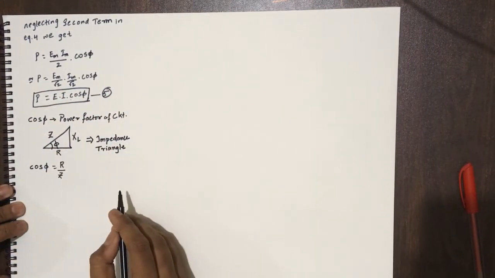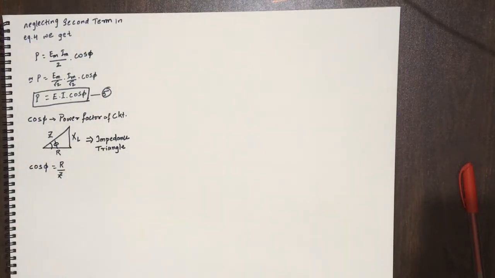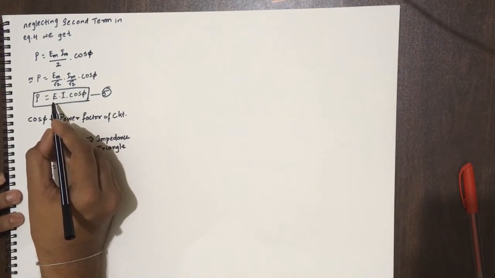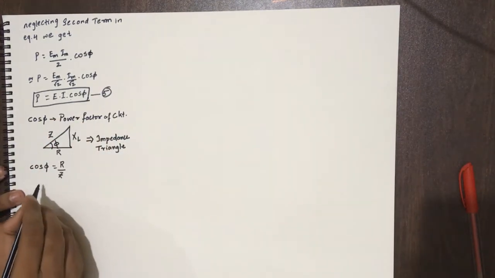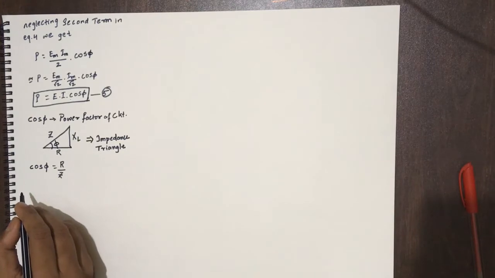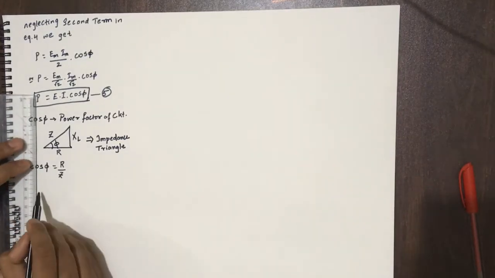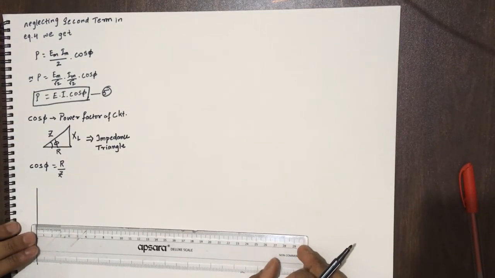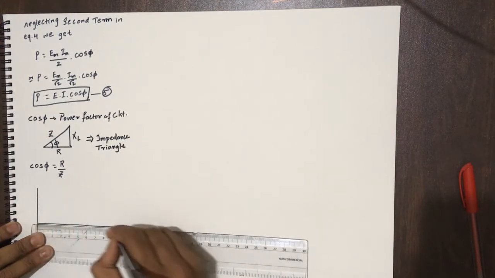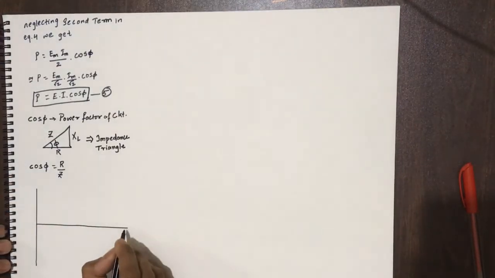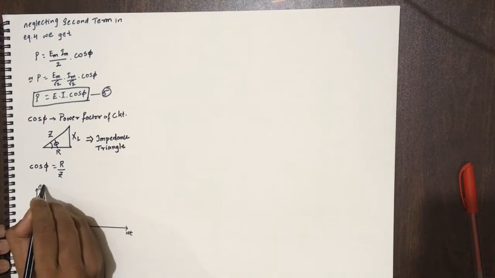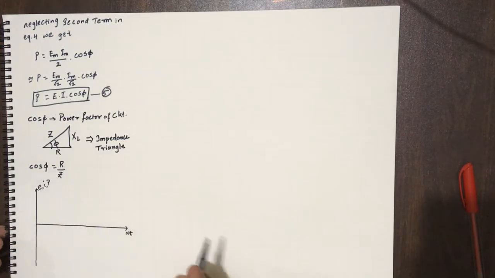Now, if I want to draw the waveform of power, how would the waveform of power look? Let us consider, we have to draw with respect to the phasor relations of all the quantities. Now let us consider the y-axis. This is omega t. The y-axis represents E, I and also P.